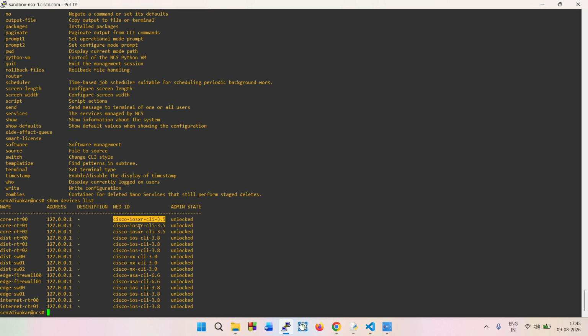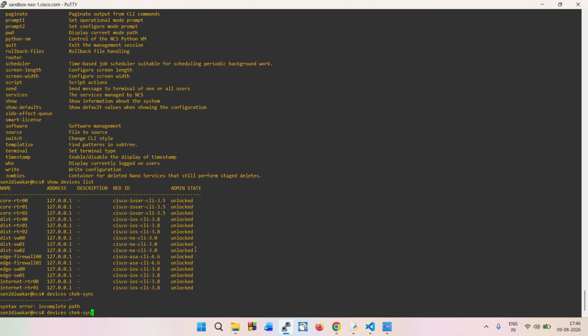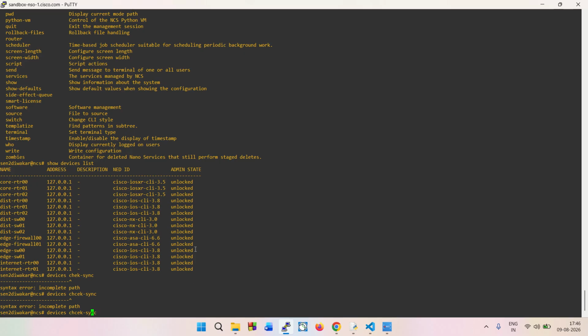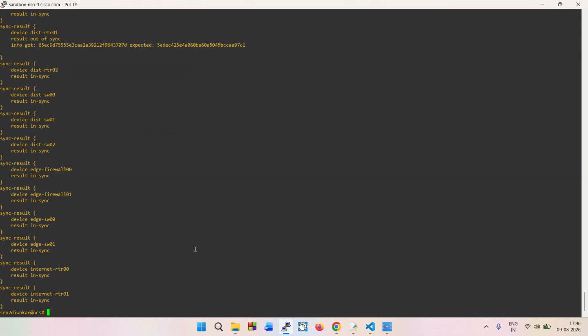Now let us do the device check sync. Basically that is used to check whether the NSO's configuration is synchronized with the actual devices or not. So I'll go ahead and type devices check-sync, right? Sorry, the spelling is incorrect. I'll have to fix this. Okay, it's incorrect again, my apologies. Yeah, so now you can see that